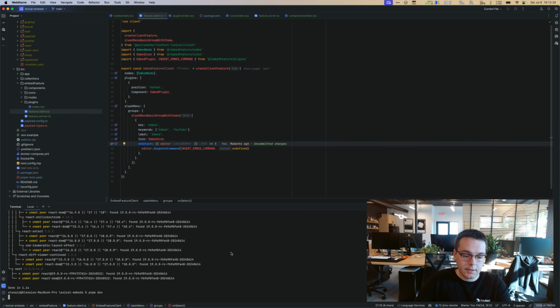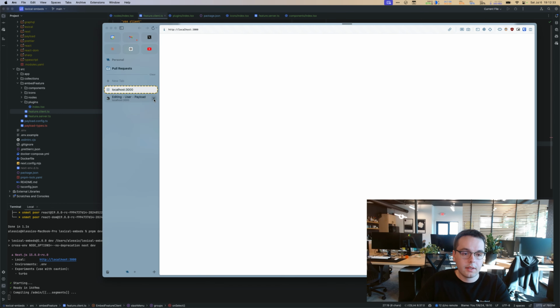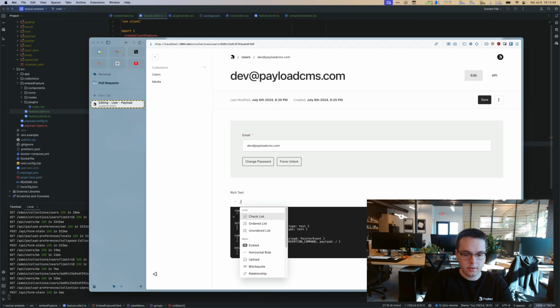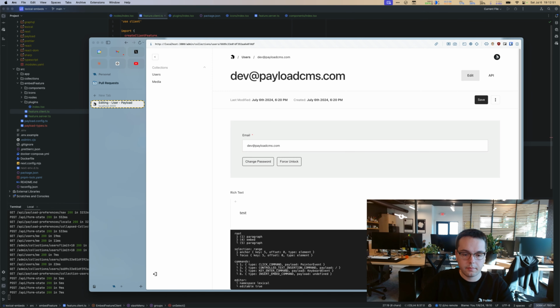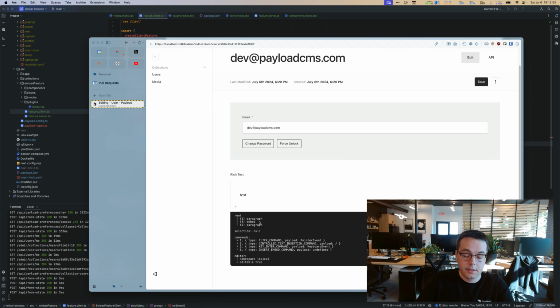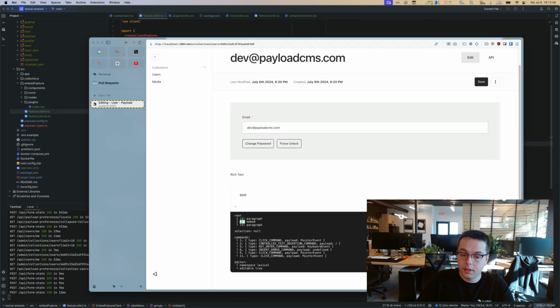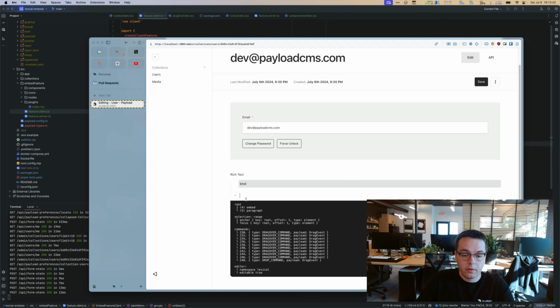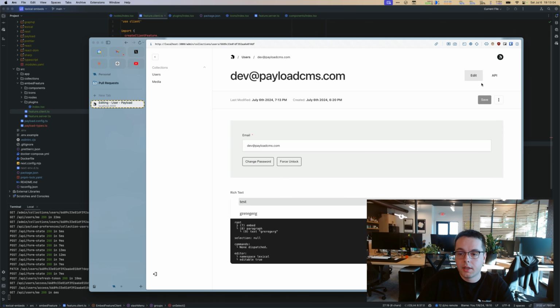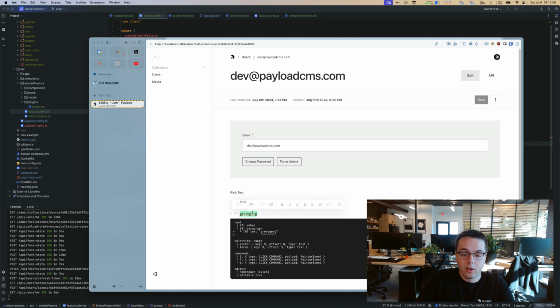So let's run our project and see if that works. /embed and done. It creates our embed node. And as you can see here, in our tree view, this is the new embed node we created node keys for. We can drag it around. It's just like a proper node. And if we look at the API output,